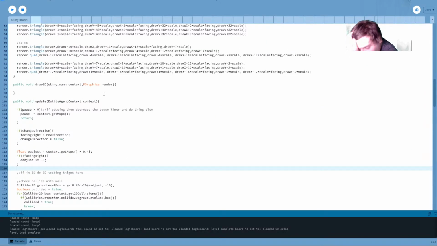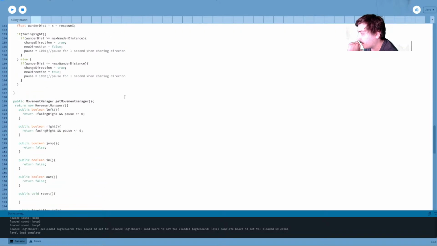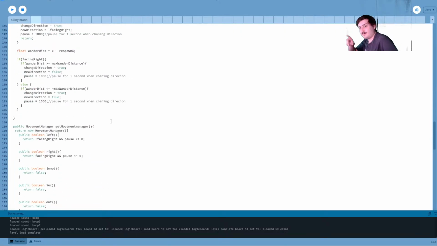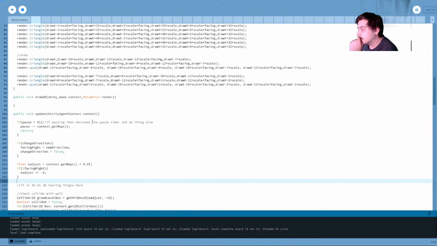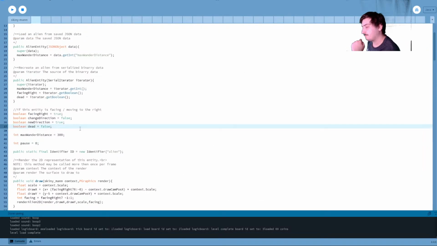Anyway, okay. Now I want to get the chase. Now I want to have it try chasing the player, or have it be in those two modes: the chase player mode and the just kind of wandering mode. And again, these are just going to be local properties. So go up here.